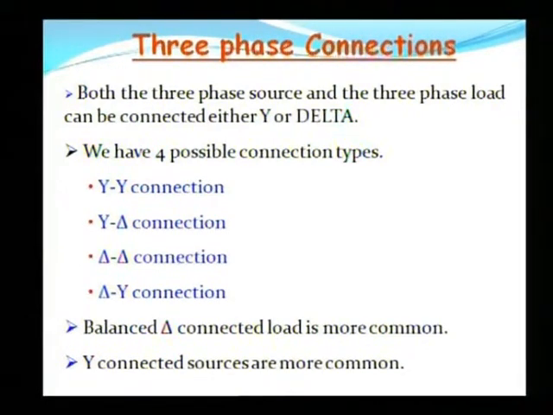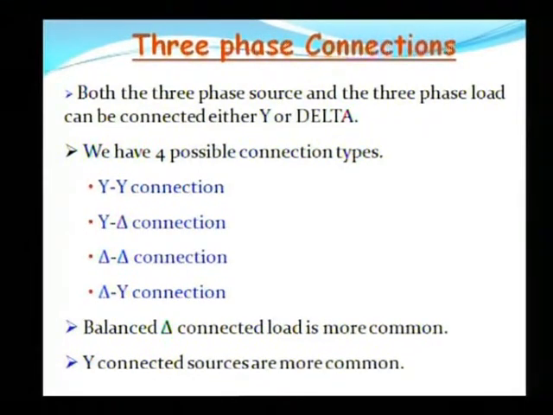So Y is the input side, that is the primary side, that is a Y connection. The receiver side, that is a delta connection, or you can say the secondary side. The third technique, delta to delta connection, where the primary section contains the delta connection and the secondary side also contains the delta connection. Whereas in the delta to Y connection, the primary or input section, the transmitter section, has the delta connection and the receiver side contains the Y connection.